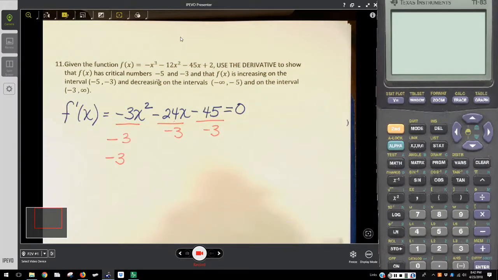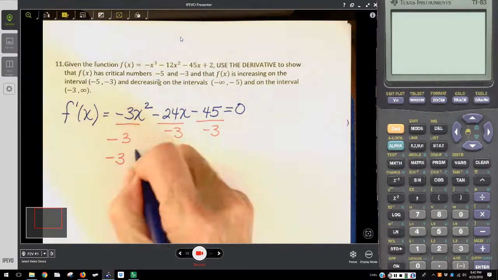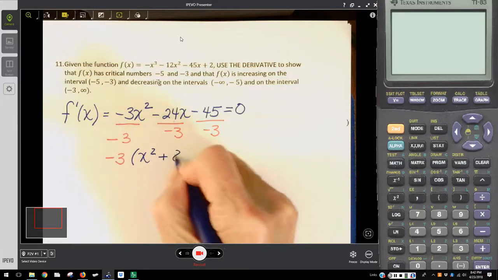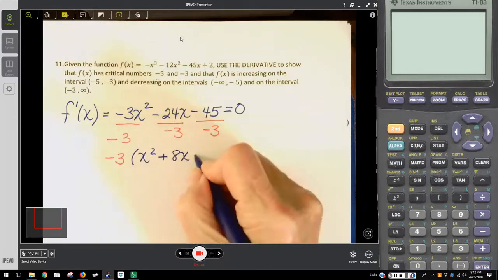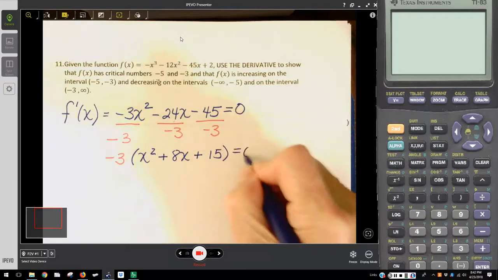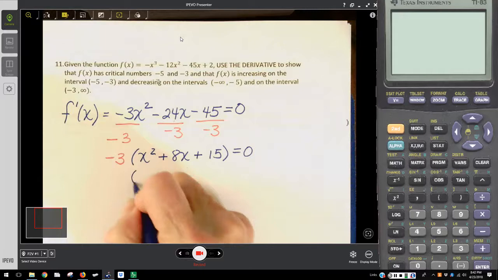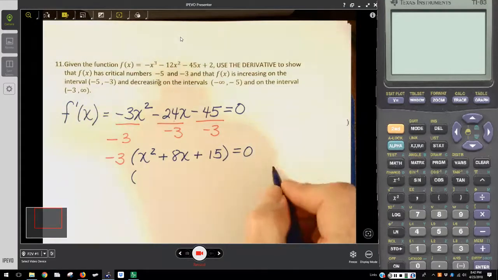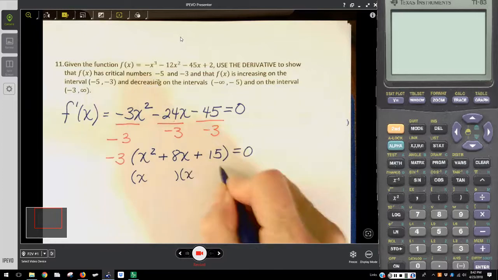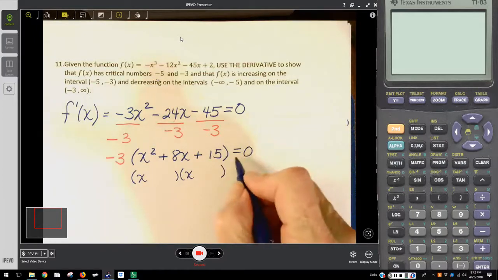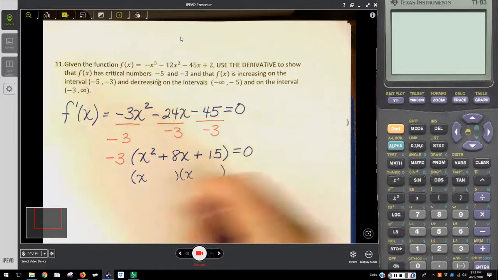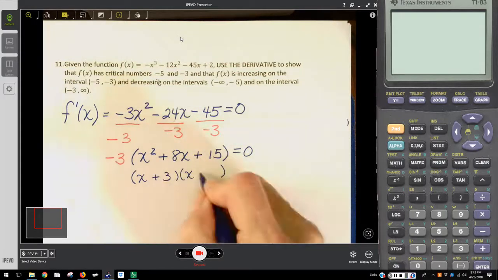this function actually factors. So this is negative 3 times x squared plus 8x plus 15, and that's equal to 0. And x squared plus 8x plus 15, the factors of x squared are x and x. The factors of 15 that will add and give us positive 8 are going to be 3 and 5,